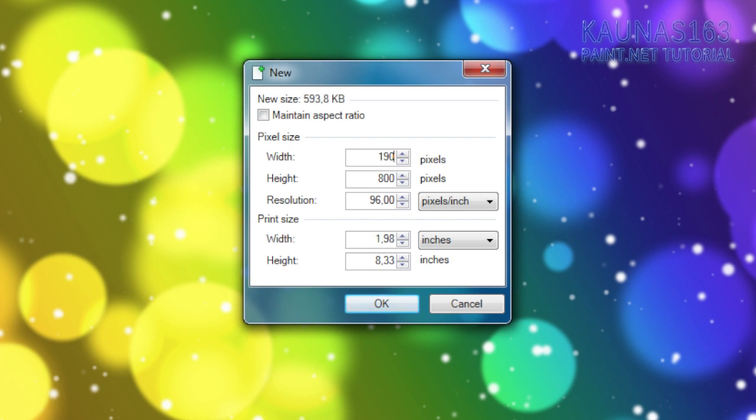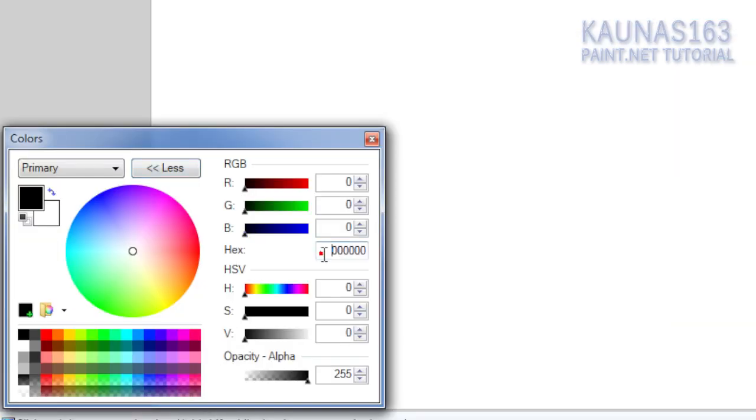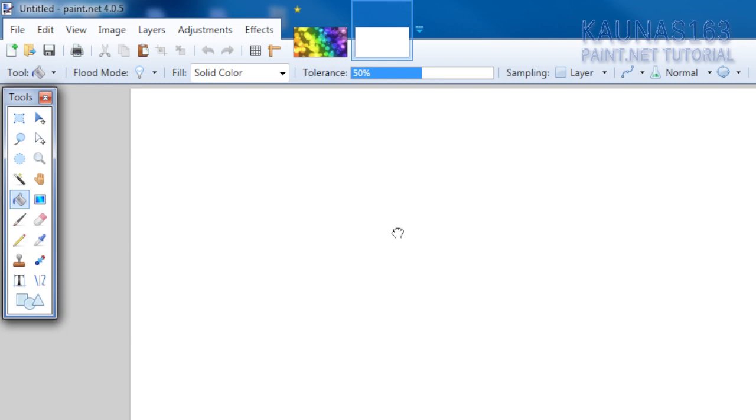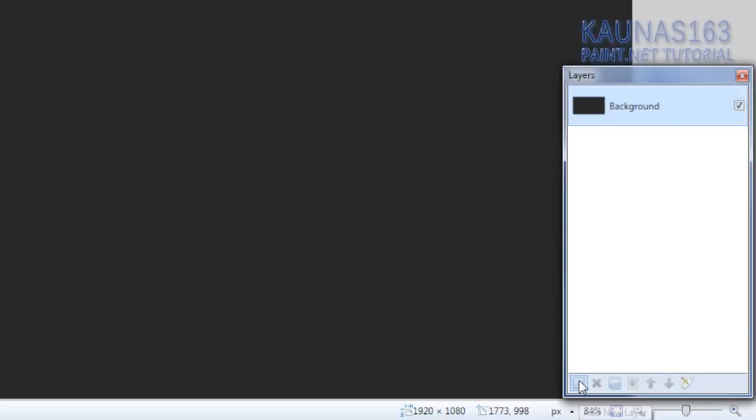I will use my screen resolution and click OK. Now on the colors table, click More, write in hex 292929. So you will have this almost black color. Now choose the paint bucket tool and click on the image, so you will get something like this. Now add a new layer,